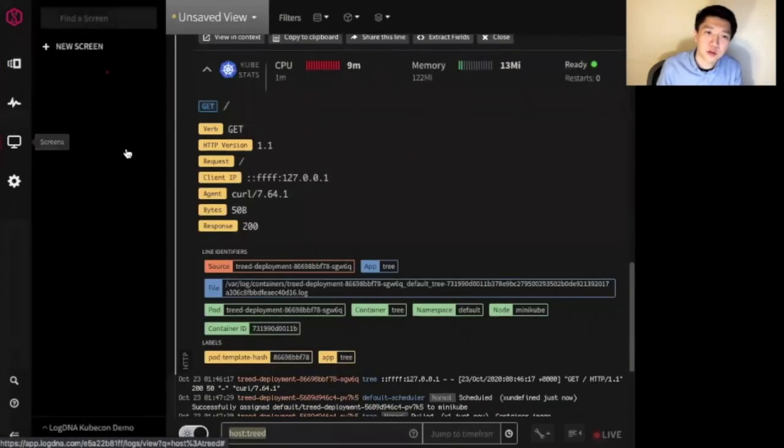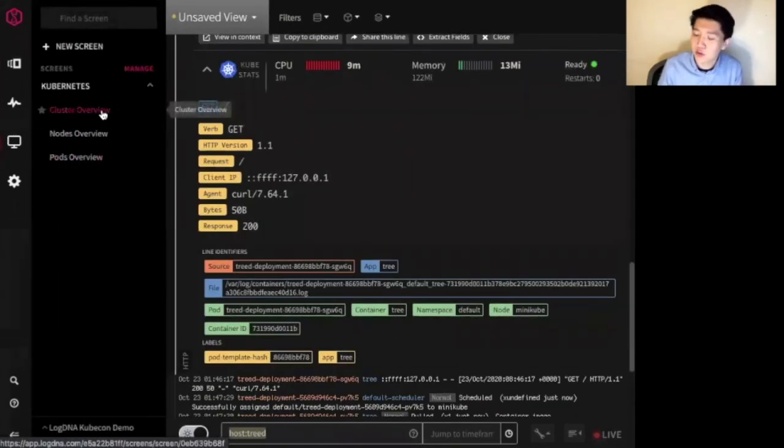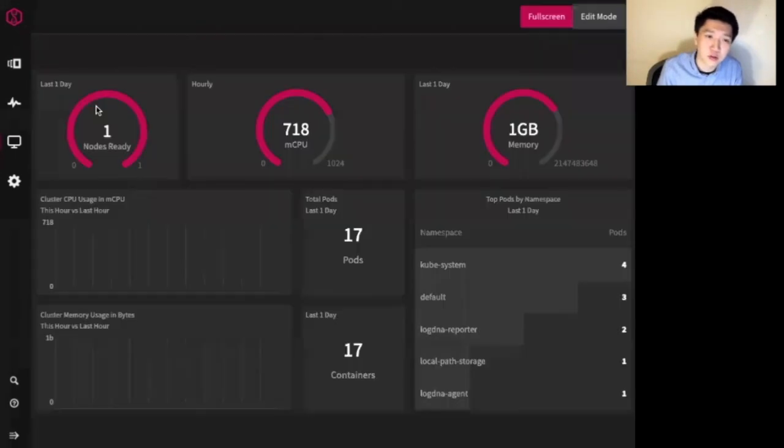And of course, beyond just being a service owner, perhaps as a cluster operator, there's certainly more things that you might be interested in within LogDNA. And there's a lot more that I could go through in this demo. But one thing I'd love to point out is some of the dashboards that we include out of the box for Kubernetes and Kubernetes enrichment, such as the cluster overview here, that helps you aggregate the information across the entire cluster of how much memory is being used, CPU, number of nodes that are ready, and some other useful